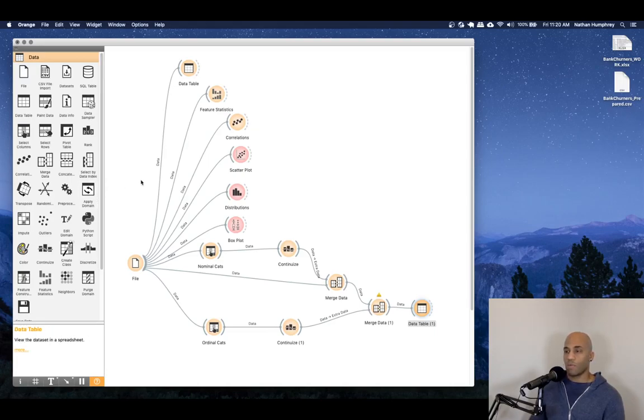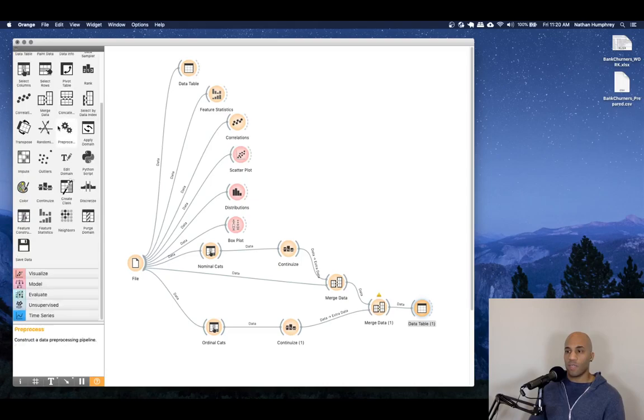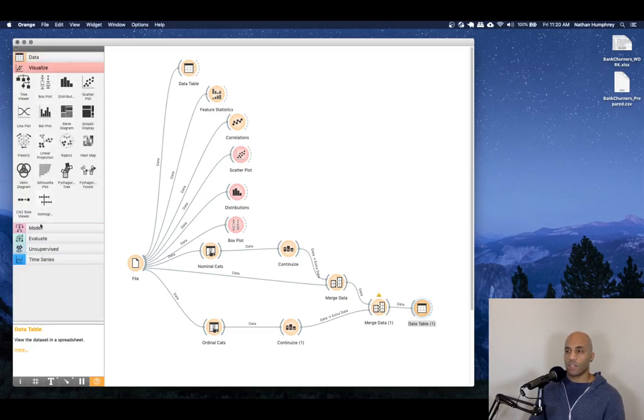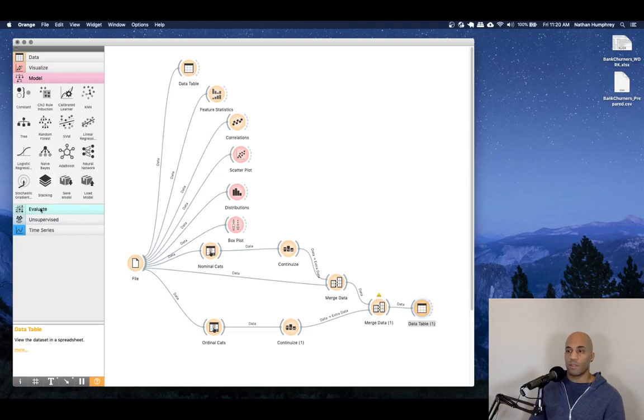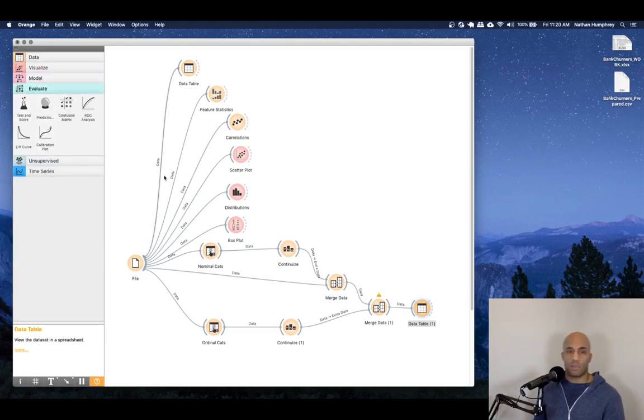So that's it. We'll leave it there. In the next video, we'll begin our mining process, and I may begin with the prep data from the Excel file, or I may begin from here. In either case, we've seen how we can achieve the same result in terms of the data that we've prepared. So whether we begin from scratch or from the prepared CSV file from Excel, the next video will show us how we can move away from the data section here, and we'll begin looking at the model and evaluate sections of widgets so that we can begin to do our